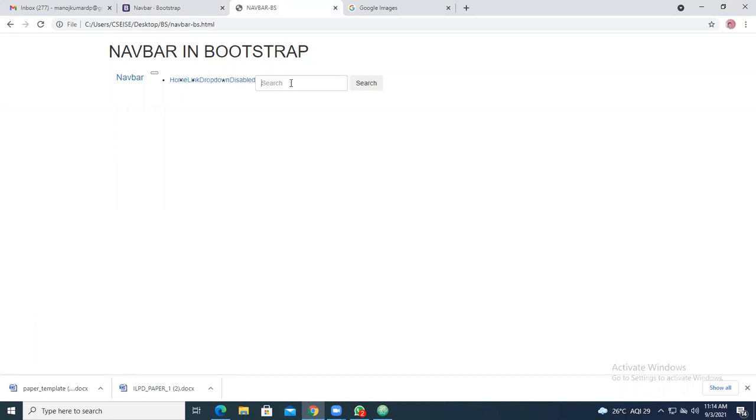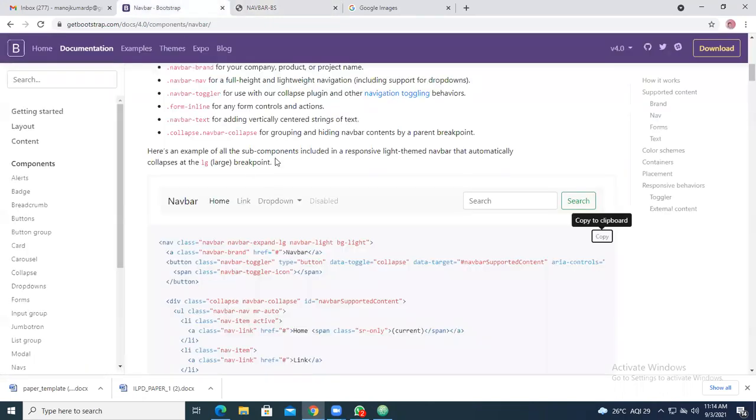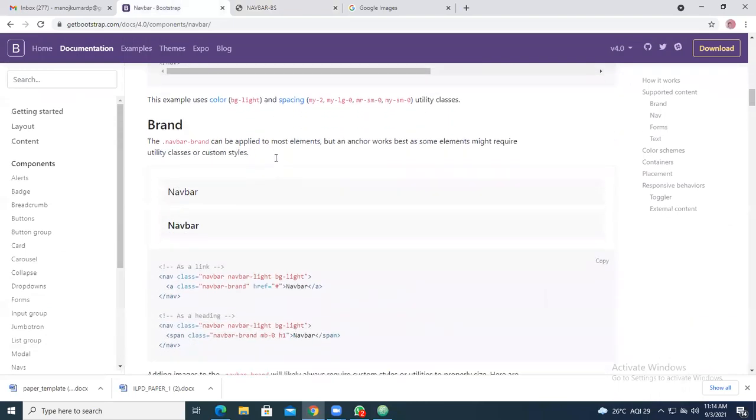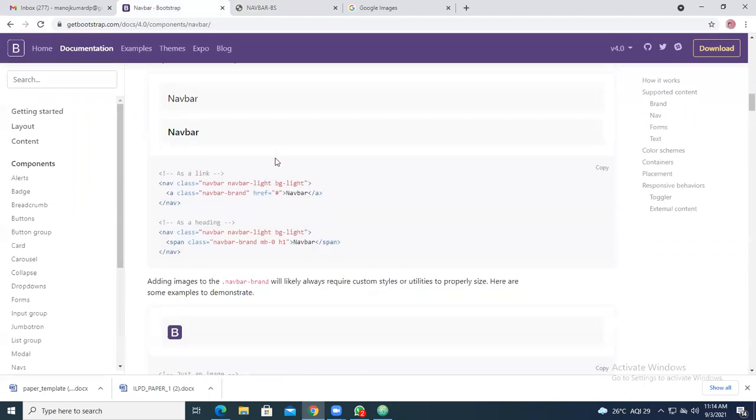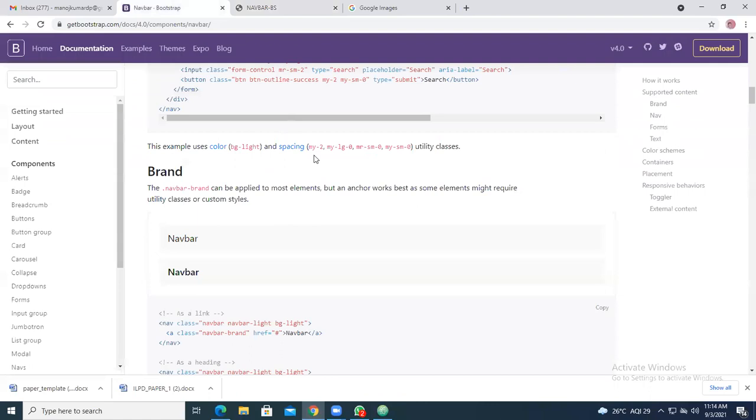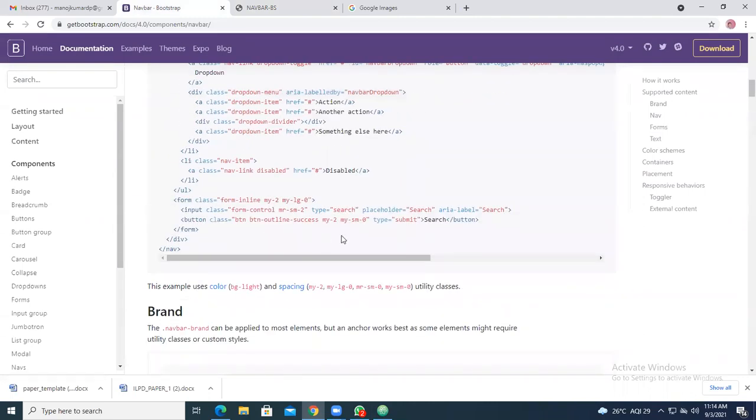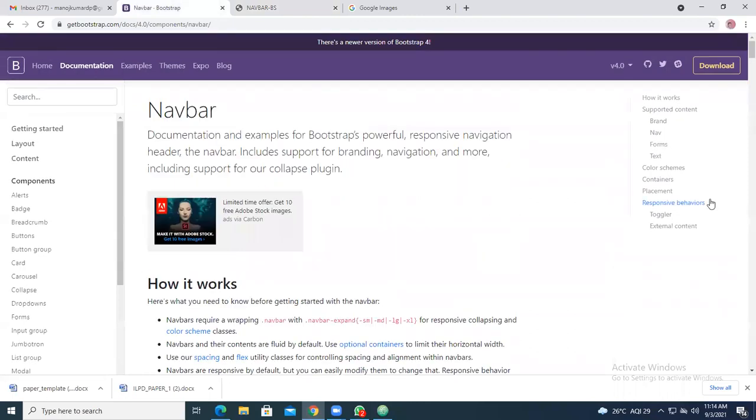You are getting it, but there is no space in between. Apart from that, you can have different brand colors, like that you can have any number.